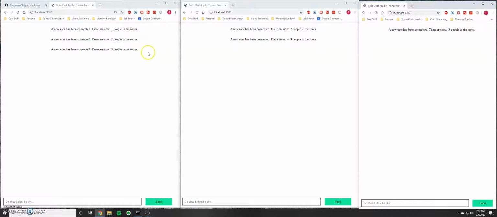Cool. So a few things to point out right here. Our very first window, our very first connection, showed that, hey, I connected and I am the only person in the room. And as more people connected, we get a little notification about that. It shows, hey, new people are now involved, and there's 1, 2, 3, X amount of people in the room. So pretty simple, pretty standard. You have your input bar down here at the bottom. You have a little send button, but you can also just use enter. It's a little bug of mine when you can't just click enter on forms, so I made sure that was happening. So let's go ahead and say,